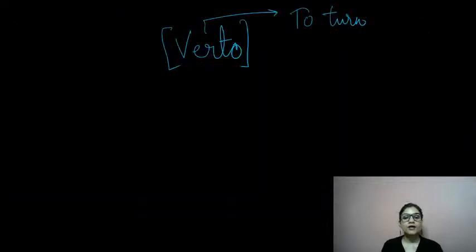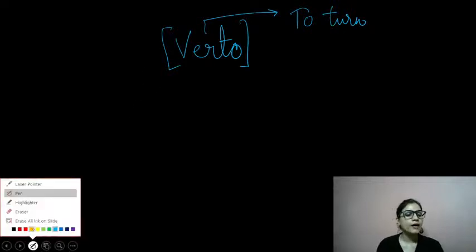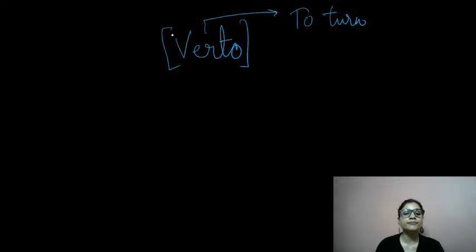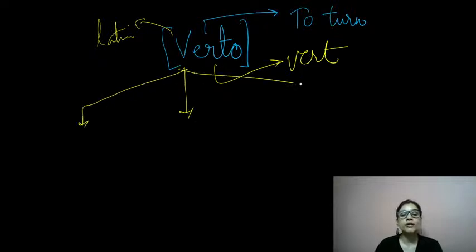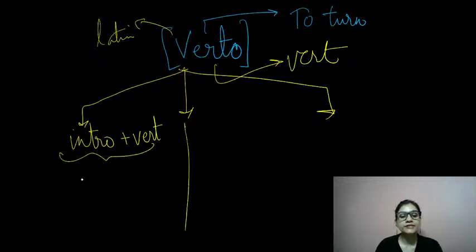Perfect. So now, let's talk about this word root, verto. What is verto, guys? Verto is to turn, right? English में इसी word का बनता है word, यहाँ पे ये है verto, ठीक है? This is a Latin term. In English, the same word comes out as vert. Okay. Now, if I add some prefixes to it, what do I get? The moment I add intro plus vert, what do I get? Introvert, right?